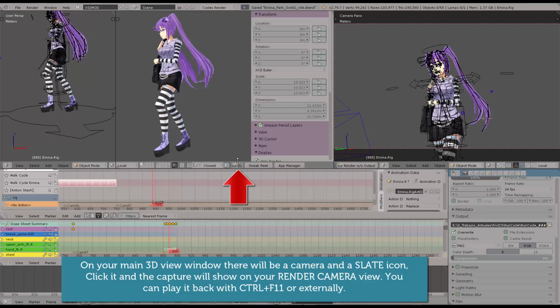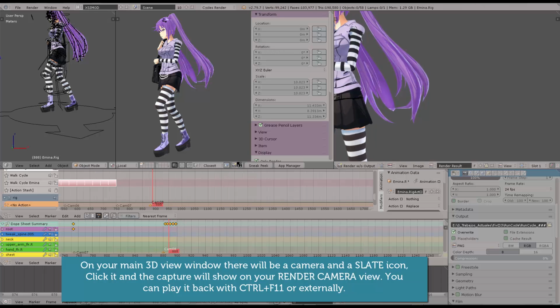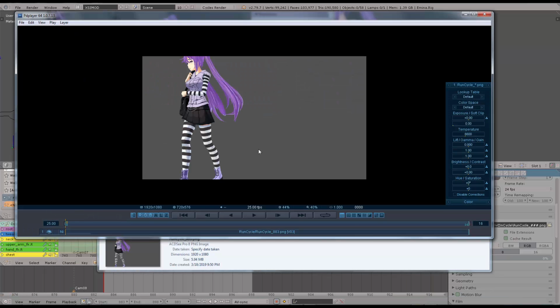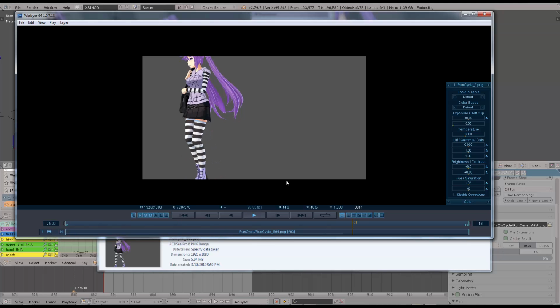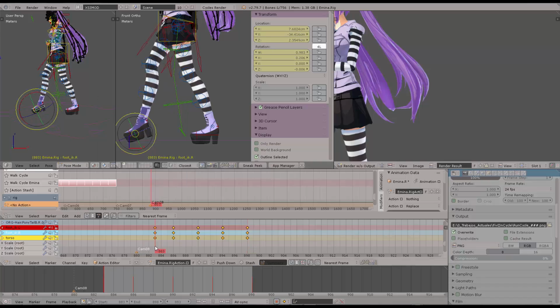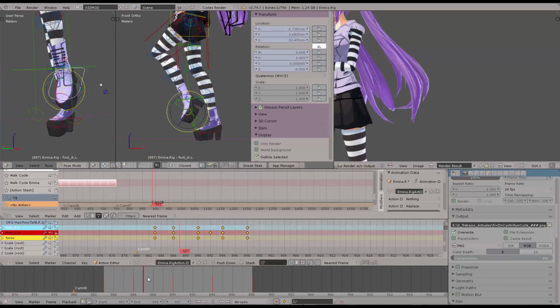I click here and then I'm going to make a play blast, what you will commonly know as a play blast. Okay, so this captures my viewport directly so I can know what is working and what is not working on my character animation. So right now I'm going to forward a little bit faster this, so I'm creating the walk cycle for her,